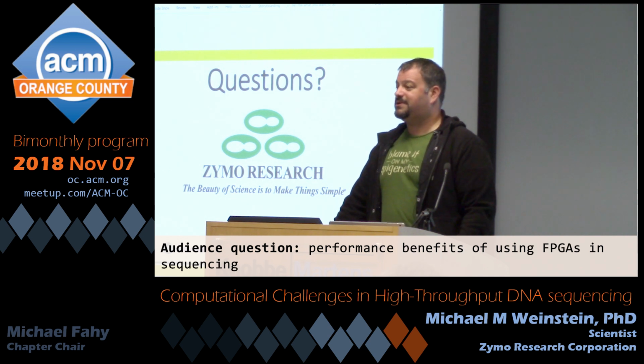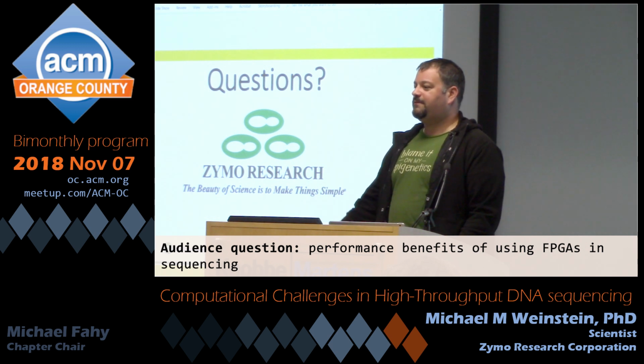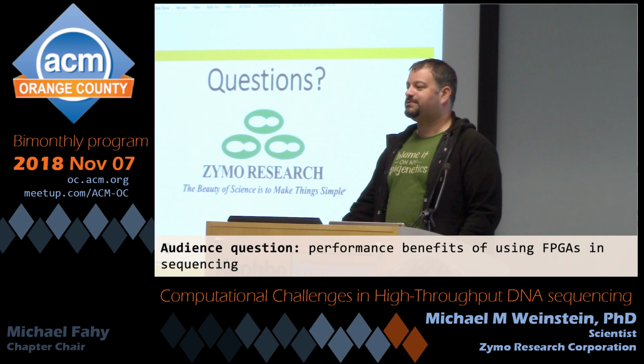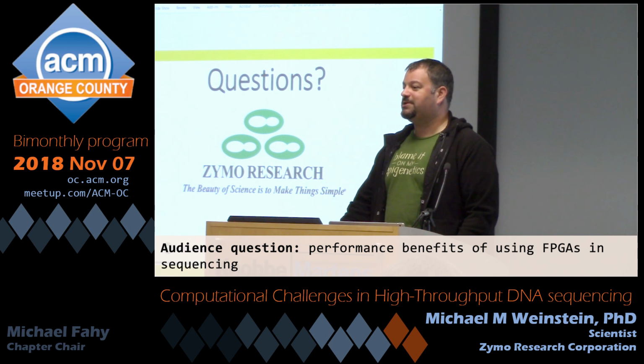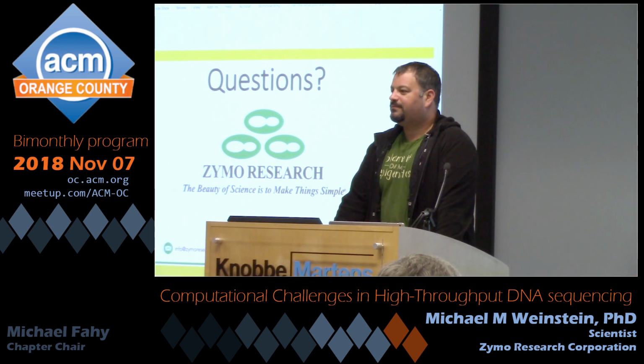They've gotten huge amounts of alignment and sequence analysis and variant calling done in a very short amount of time using their FPGA, including approaching some of the stuff I talked about earlier, where a sick child comes into the hospital with a suspected genetic disease. I think this happened down at Rady Hospital. And I believe using a combination of very fast sequencers and that platform, they got to a genetic diagnosis within like 24 to 48 hours. Which, even when I first started my human genetics PhD, was almost unimaginable. So how about the quantum computer?